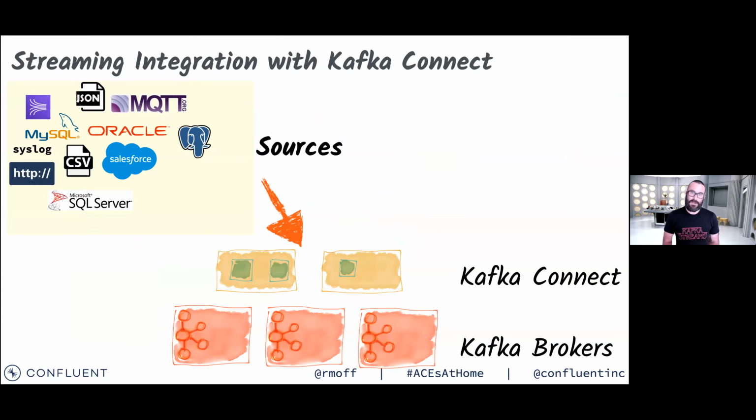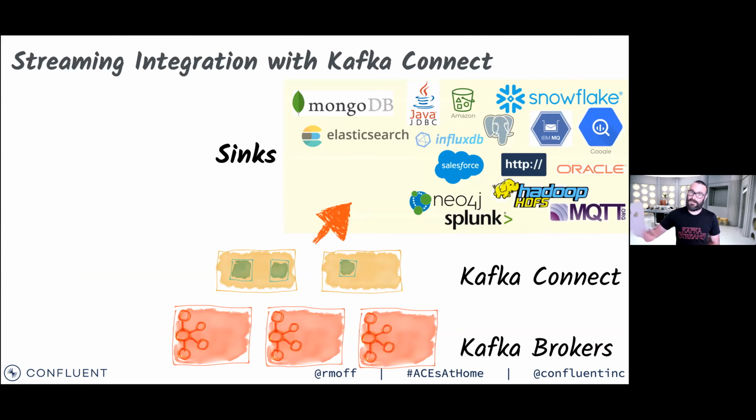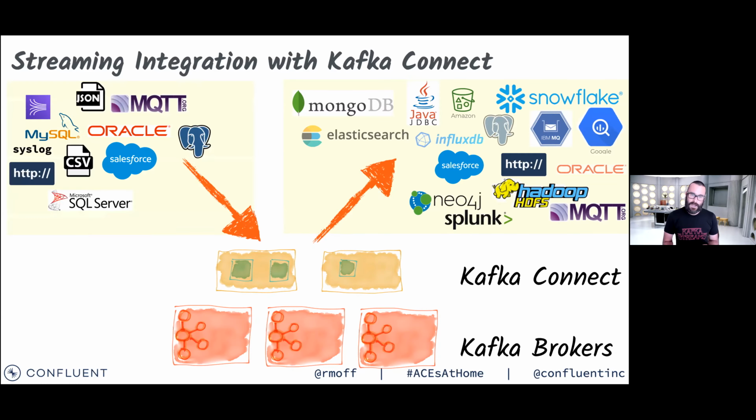The way that we do integration between Kafka and both systems upstream, like databases, and systems downstream, like S3 or other databases or Mongo or Snowflake or wherever else, is using Kafka Connect. Kafka Connect is part of Apache Kafka, which is Apache 2.0 licensed. And it's very, very easy to set up and use because you don't have to write any code. I was talking earlier about producer APIs and consumer APIs, and there are Java libraries and C libraries and C++ and Python, and that's great if you want to do that.